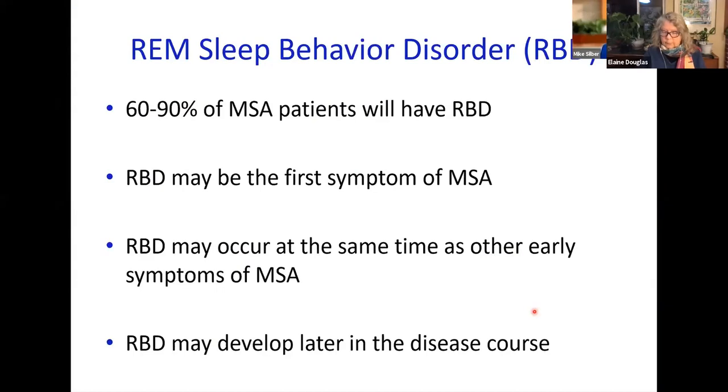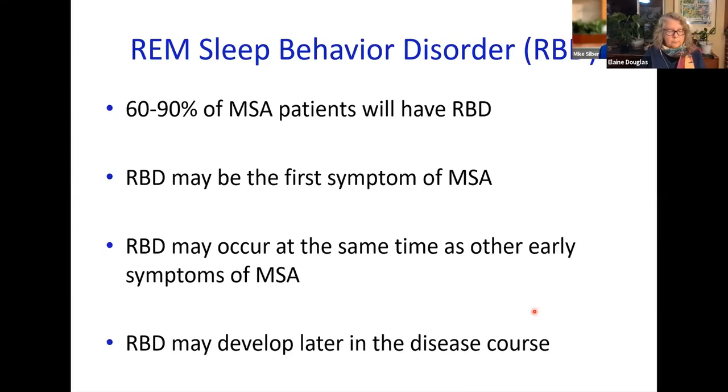So how many MSA patients will get RBD? The answer is that different studies have shown different numbers, but it's probably between 60 and 90% of patients. And this may occur at any stage of the disorder. So there are certain patients in which RBD is the first symptom of MSA, coming sometimes years before anything else